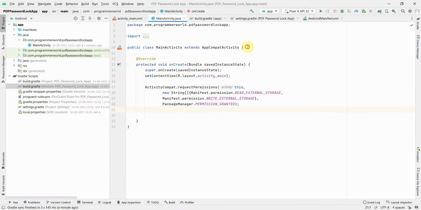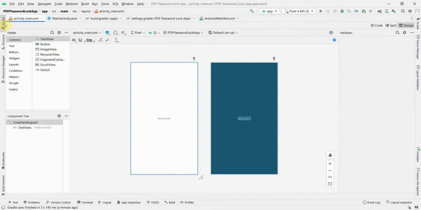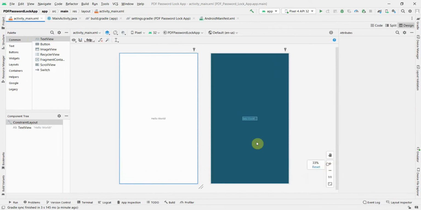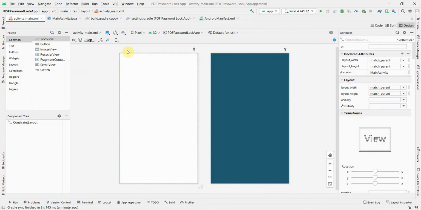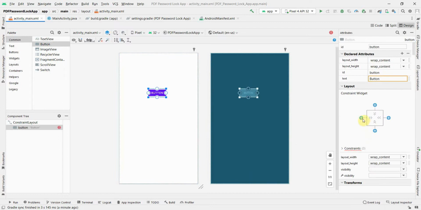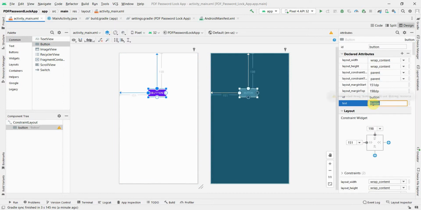Before we start our coding, let's quickly finish our UI. I think I can minimize my project folder as well, the navigation bar on the left hand side, we don't need that. By default it gives a text view, which I don't think we require. What we require is a button to create the PDF, so I can just place it somewhere in the middle. Give the required constraints and rename it as